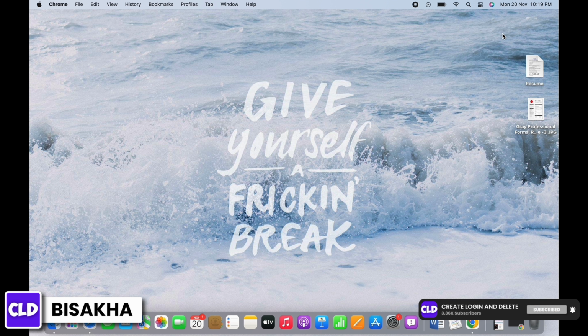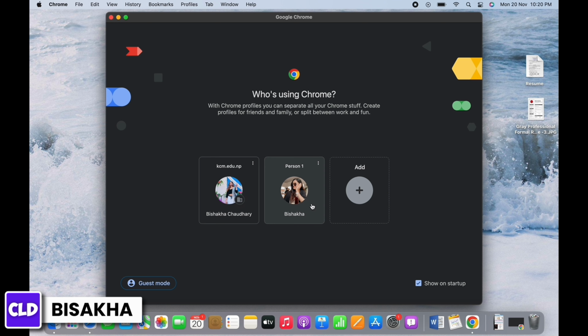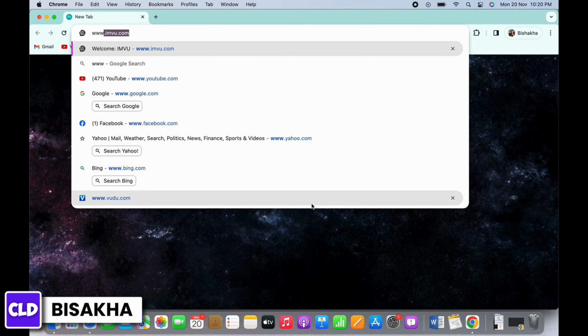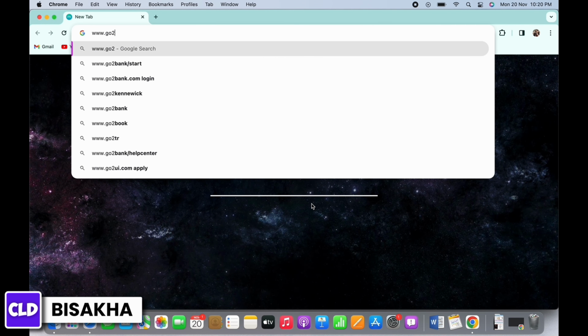Go2Bank is an unlimited mobile banking account. It is easy to use and designed to simplify banking, helping people save time and money and improve their financial well-being. In order to log into a Go2Bank account, open your preferred browser and in the search bar, search for